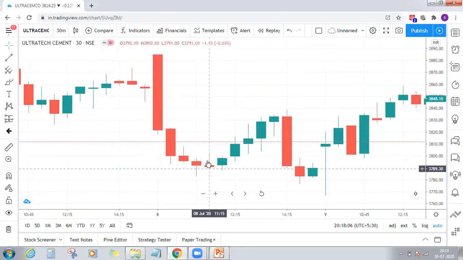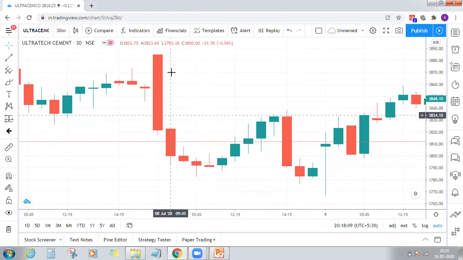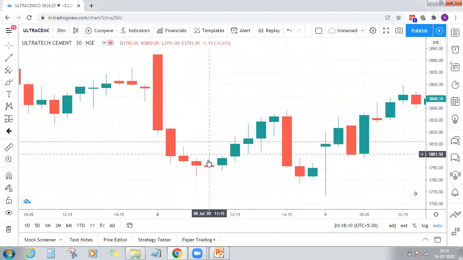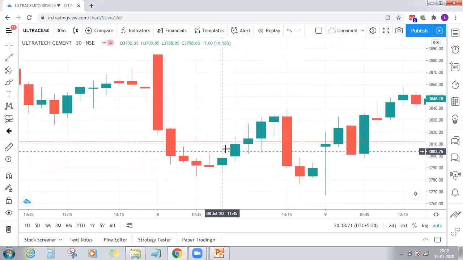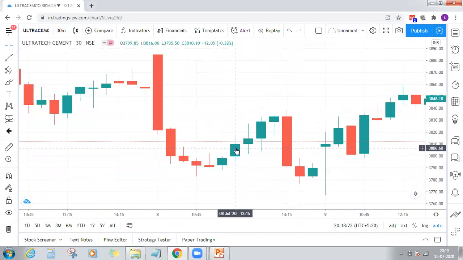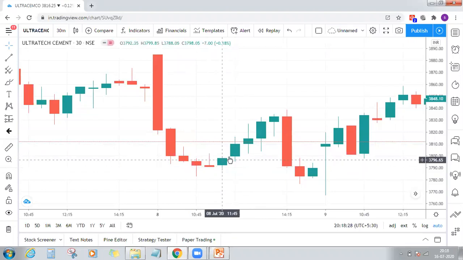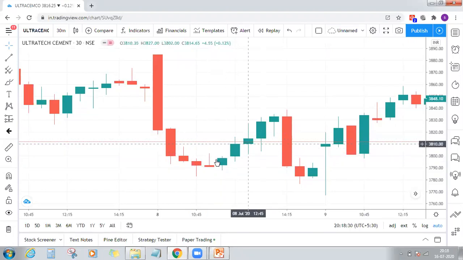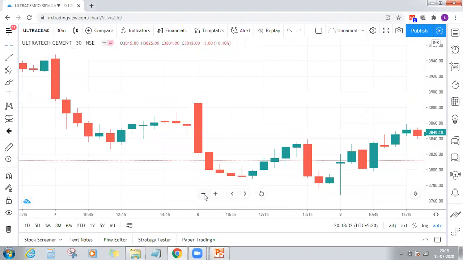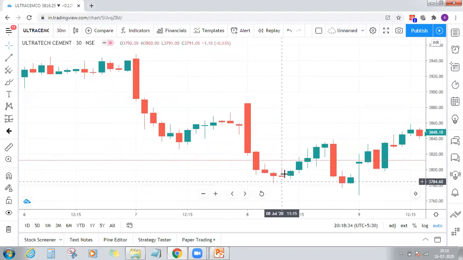So this is your inverted hammer pattern. Prior to this, there is a strong fall, and this is your inverted hammer. But for an inverted hammer, we know if its body's color is red, I have to wait for a candle which closes above the high. And the next candle failed, it did not close above. So buyers are not that strong here. You have to take only those trades in which the next candle itself closes above the high.